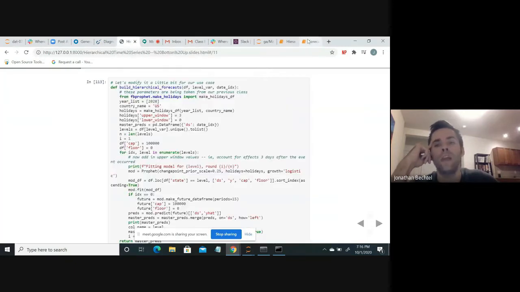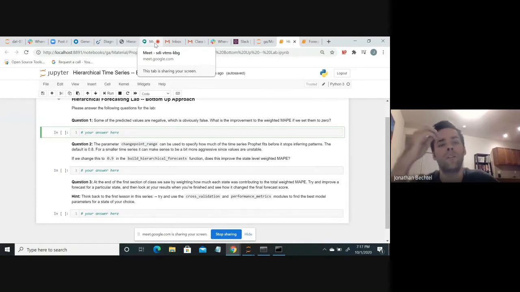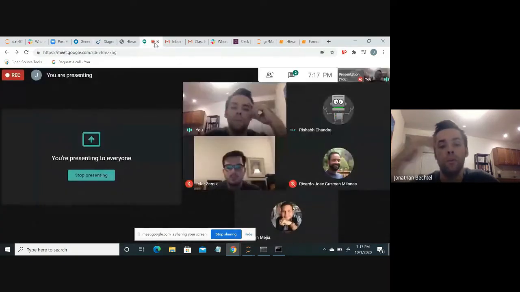And then the third question it asks you to work through is just take a particular state that looks like it might be a bit troublesome and then see if you can go ahead and get a better forecast for it. Okay, so obviously at this particular step, you could probably spend as much time as you wanted tweaking individual states, right? But looking at where we left off,